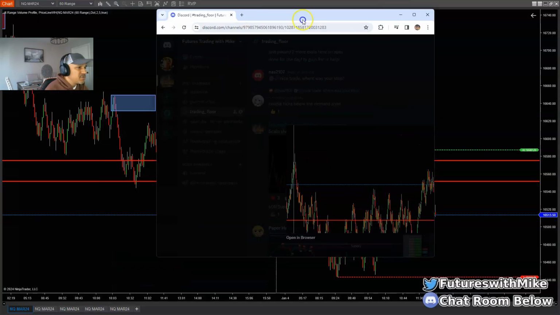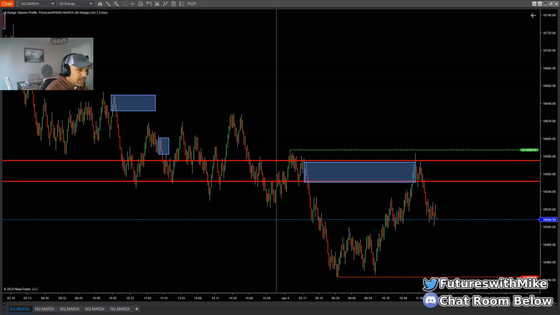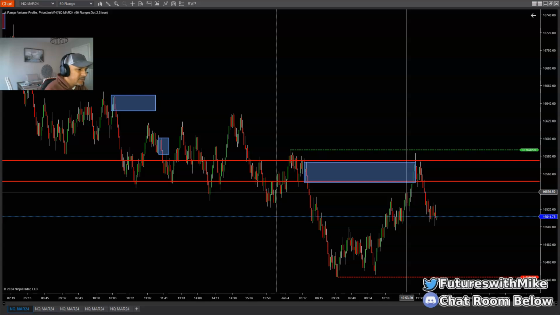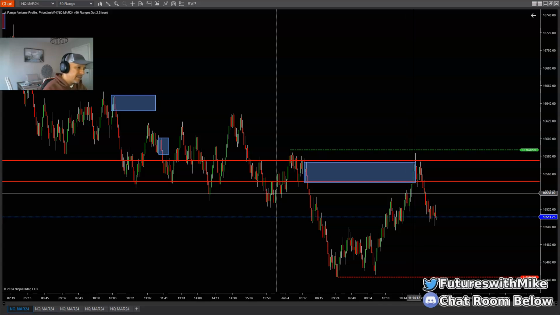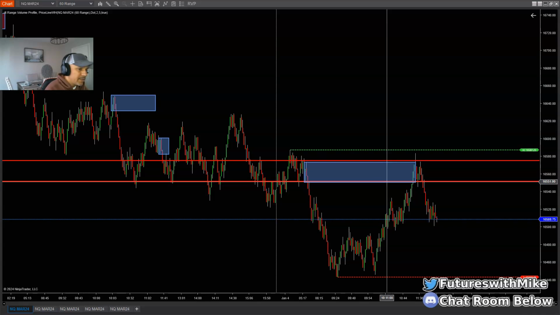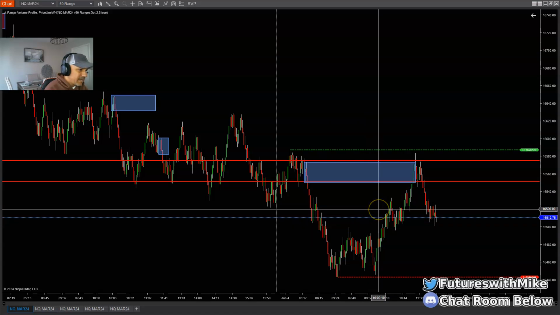But let me jump back over to the trade I was talking about here. This entry that I took was from this area around 10:55 today. It was a short entry. I already mentioned that we're in a bearish mode. I was waiting for it to come back up to this area where the supply zone rested, right here at 51. It didn't tap into that, but what it started doing was retracing back.